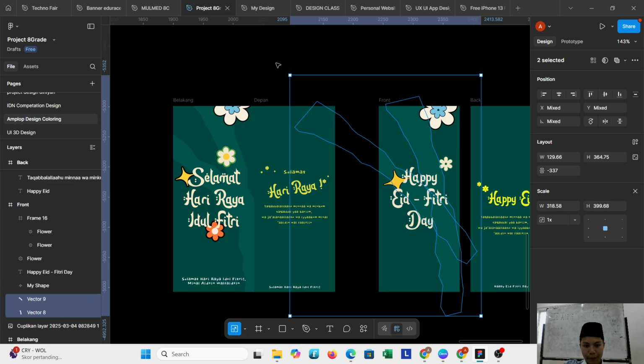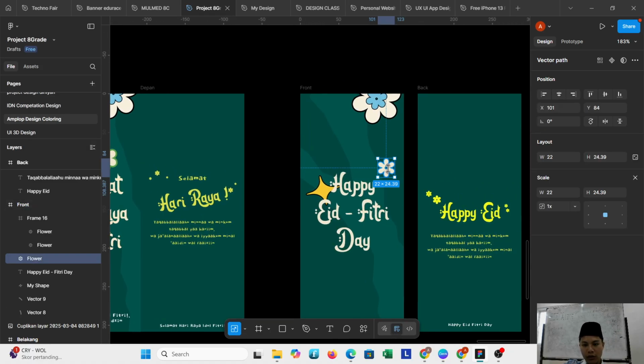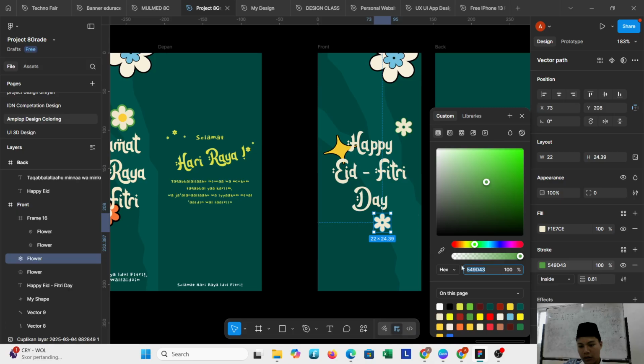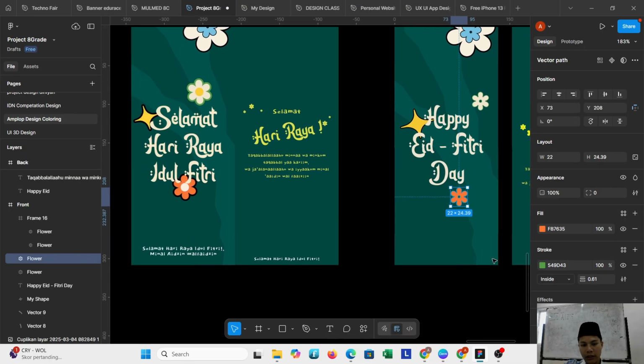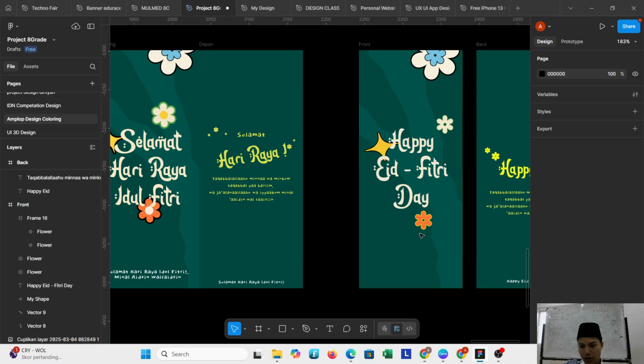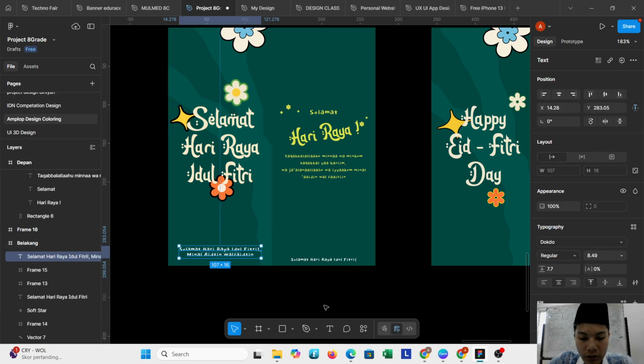Okay, like this, and then you can copy paste again for the flower and change the color to orange, and change the stroke to yellow.